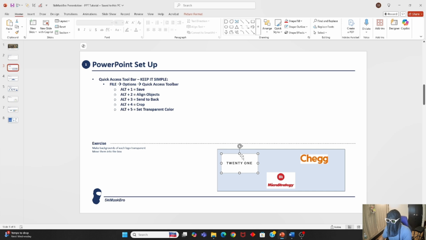So the way that you're going to do that is you're going to click on a shape, click Alt-5, and then that's going to show you this little pen icon here, and that's going to let you set transparent colors on the logos that you pull. So you're going to click this, click the white, whatever you want, transparent,